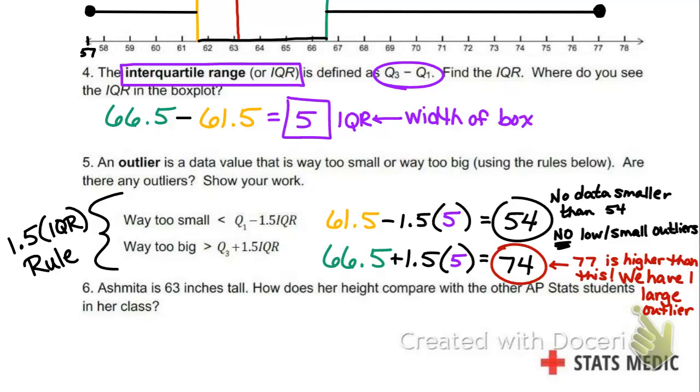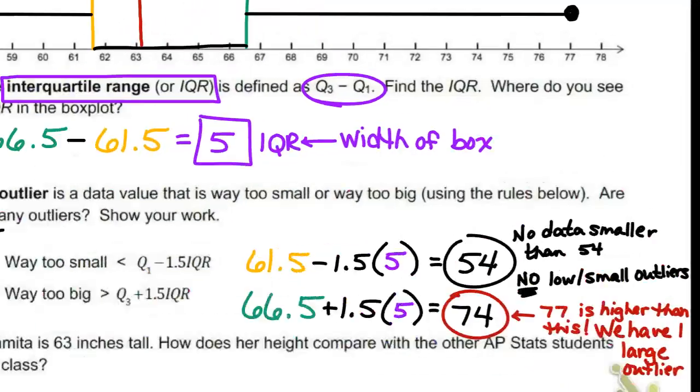When we have outliers, there are often times that you will see that represented on the box plot. So now that we've done this work and we see that there definitely is an outlier, how many outliers did we have again? Just 1, because we only had 1 data value that was over 1.5 times the IQR added onto Q3. 74 was that upper bound. We had a data value of 77. The way you will see this represented in a box plot,